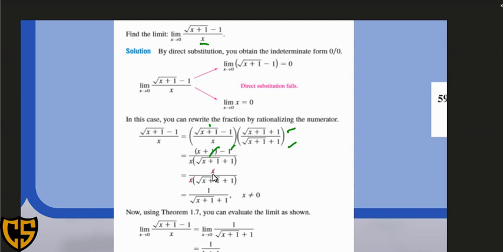And then, take note that we have x in the numerator and x in the denominator, pwede pa natin makancel. Ang mabilin sa babaw is 1 over square root of x plus 1 plus 1. So, take note that ang aton nga answer diri, ang x nato will not be equal to 0 na. So, kung mag-substitute kita sa aton nga answer or sa aton nga value, we will have